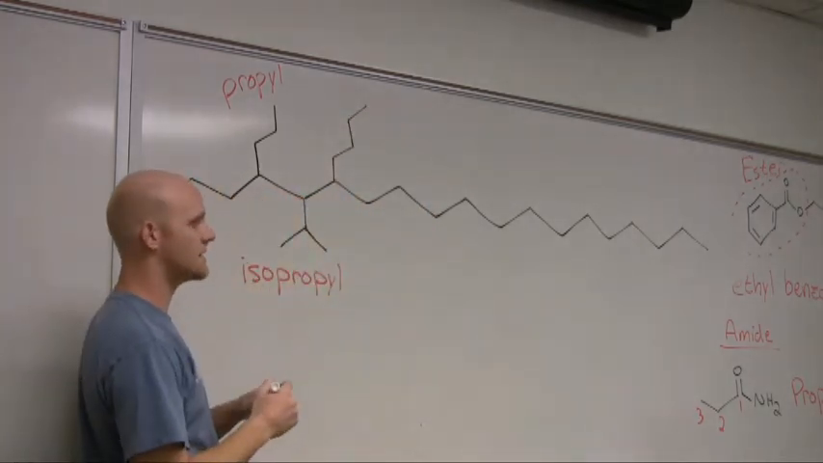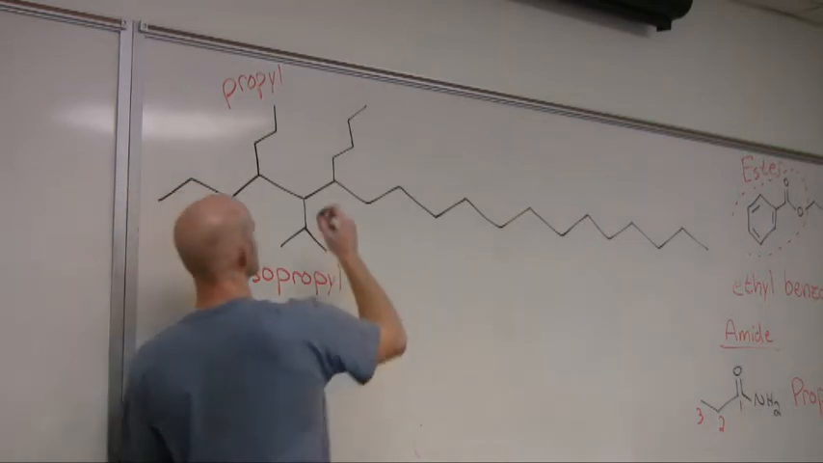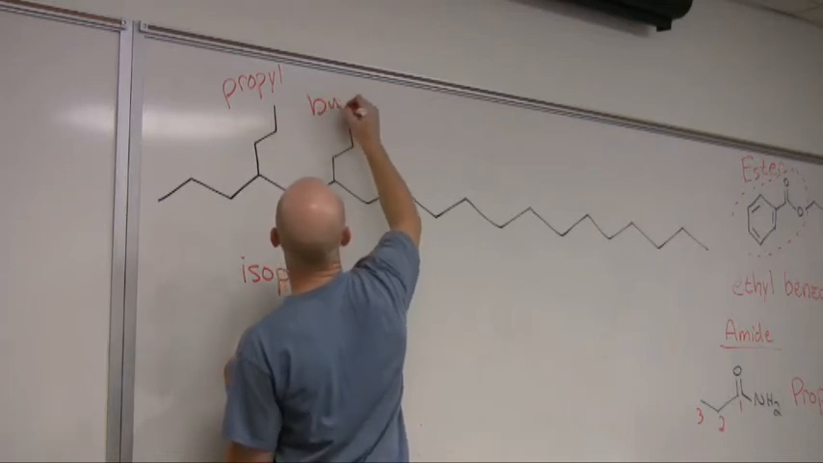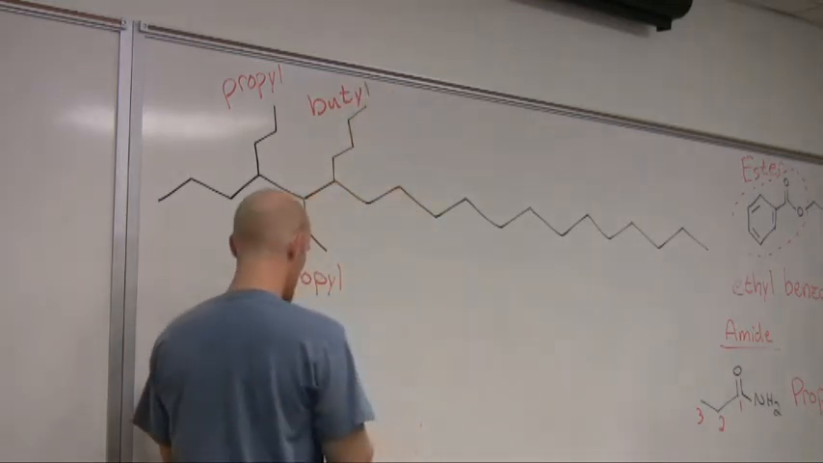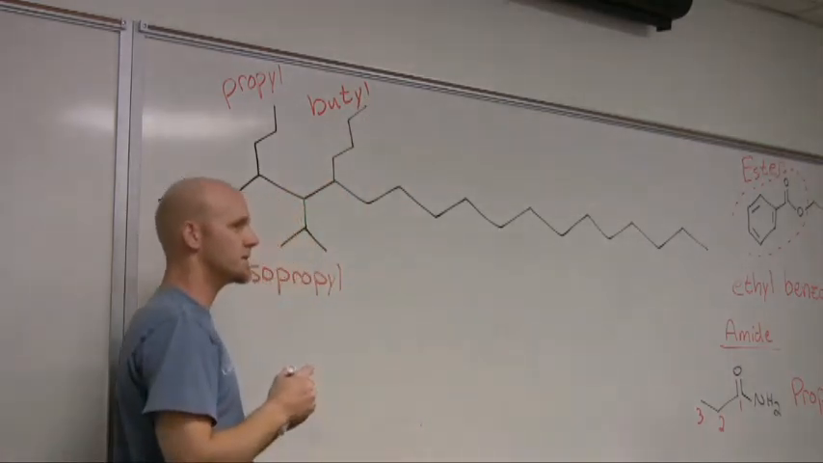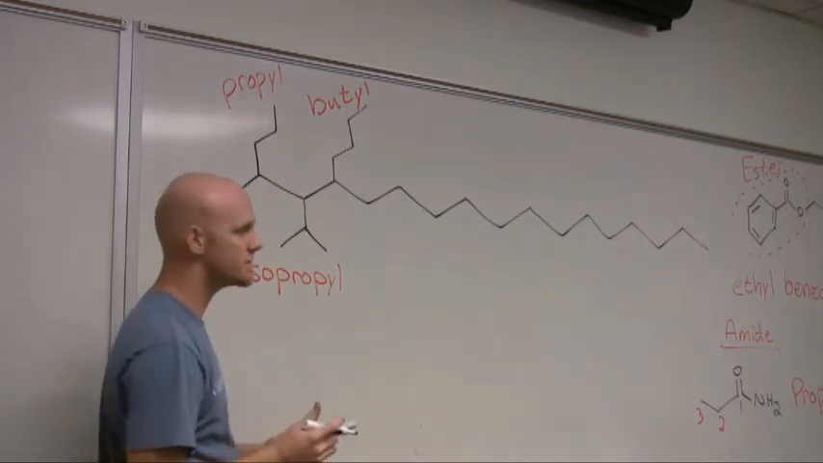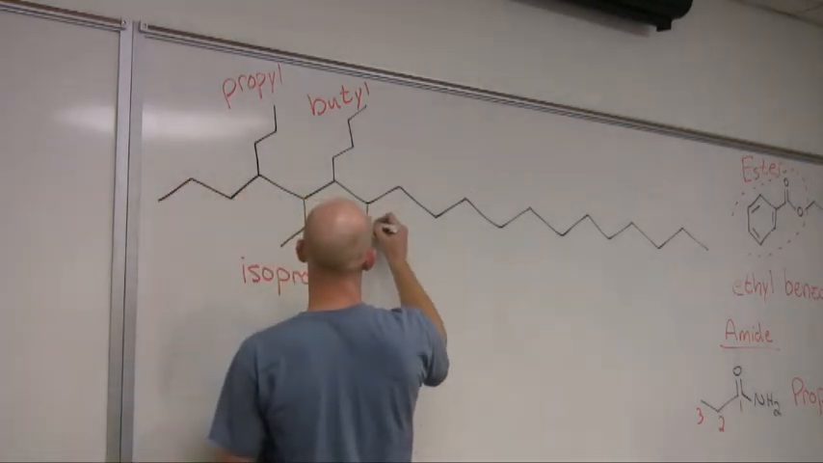What do we call this guy? Butyl. When it comes to butyl, there's not just one isomer. There's quite a few. So we have isobutyl and sec-butyl and tert-butyl. So if we look,